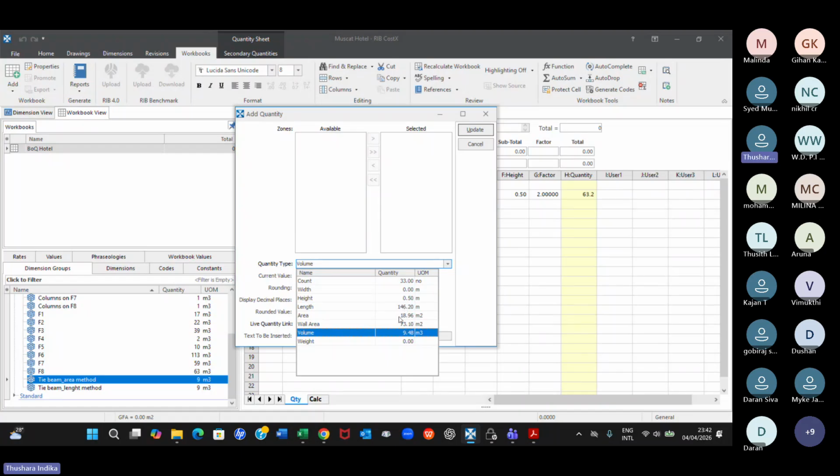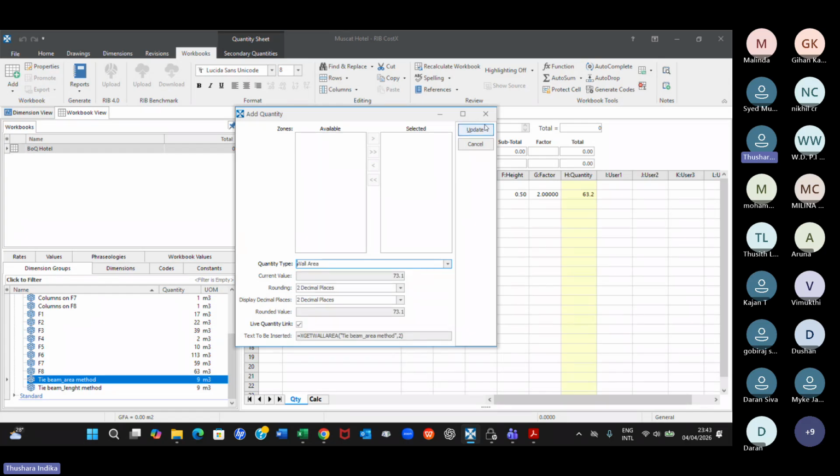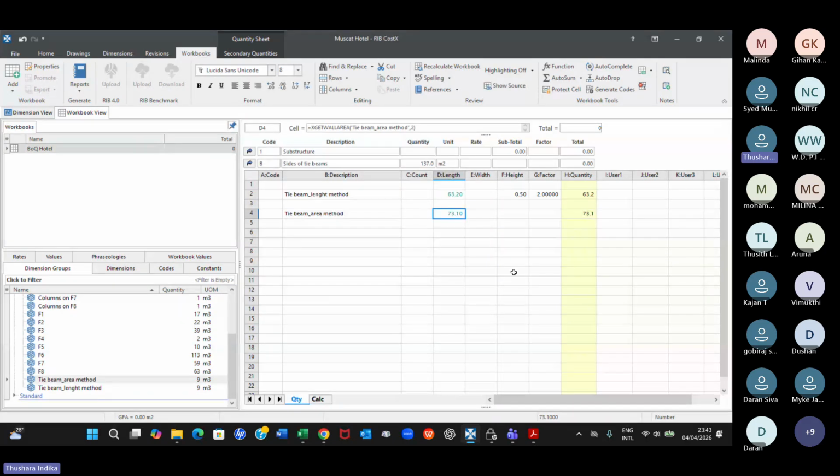Area we all know, that is the plan area. Wall area we all know, that is the 4 sides and the 0.5. So you can take this wall area and deduct the small sides. That is also possible. You can do that, right? And if I select this, I will show you something very interesting, right? You get this area